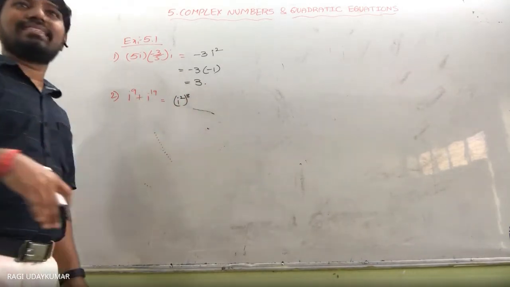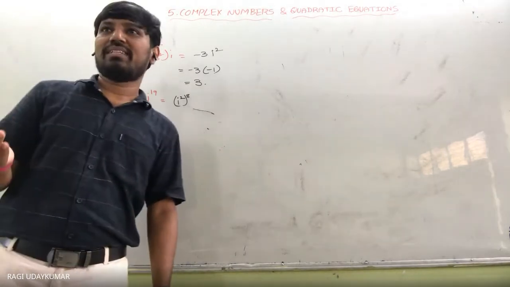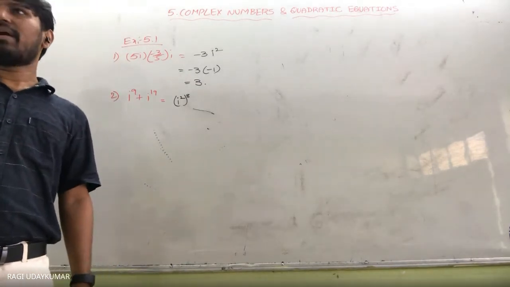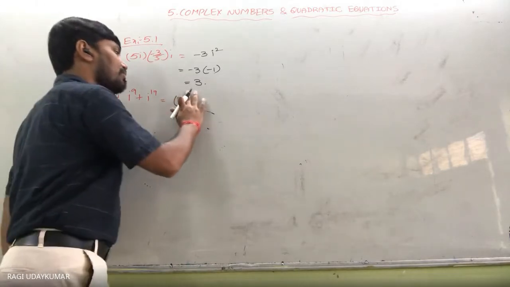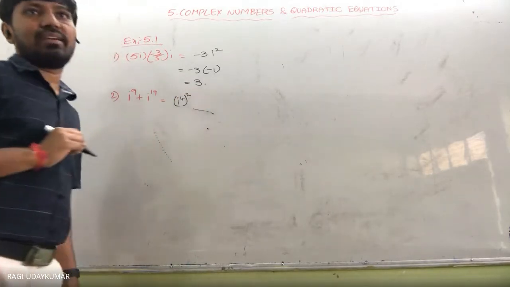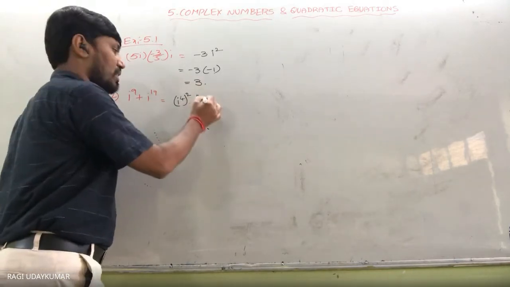हाँ, i square भी लिख सकते हैं, even i भी लिख सकते हैं. i square value क्या है? -1. i square value -1. You can write in any way. i square, -1 to the power of 8 is +1. Okay. If you want to write power 4, ना, i power 4 whole square. और 8 हो गया ये i. ये वैल्यू पूरा 1 हो गया.